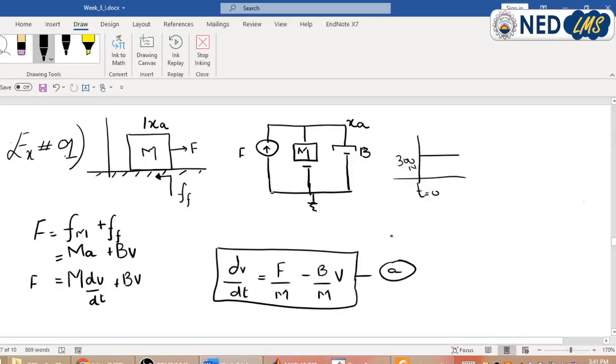So this differential equation characterizes this complete mechanical system and can represent how the dynamics, the velocity and the displacement, change with the application of force. This is the objective of our time domain modeling. We want our mechanical or electrical system to be represented with the help of differential equations, and these differential equations represent how the system responds to any input. This is example number 1, in which you studied how we can represent a system with the help of a differential equation and what this differential equation means. I hope that this topic is clear to